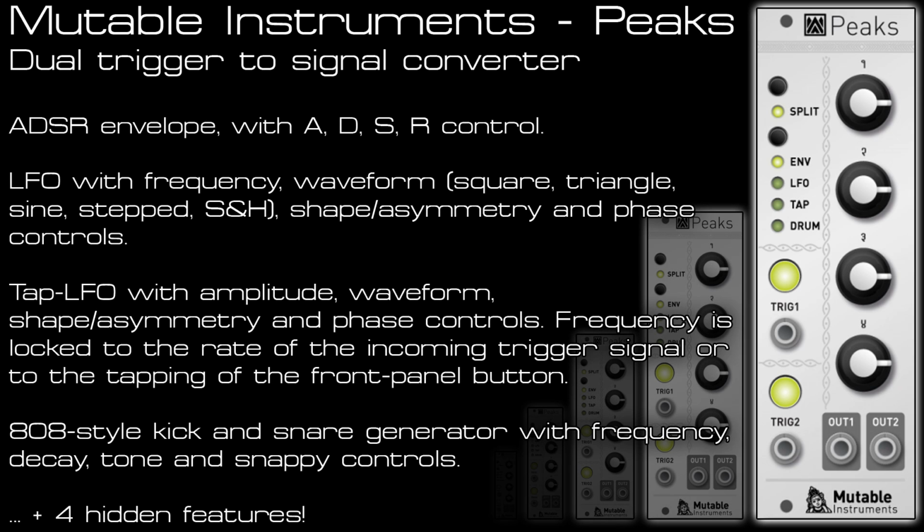Here I've got Peaks from Mutable Instruments, and I'll be going through the features of the module, including the 4 standard modes and the 4 hidden features within the module. This module packs a lot of functionality into quite a small space, and it's still really simple to use. It's already got me thinking that I need to get hold of 2 of these, so let's get stuck into